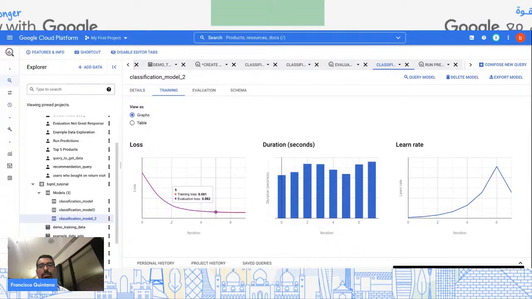Another good example is, a lot of people think time on site is a good indicator of engagement, right? You're spending a lot of time on the site. I always say it should be active time on site, because you can measure that in different ways. But if you just look at time on site, which is one of the features we use in this model,